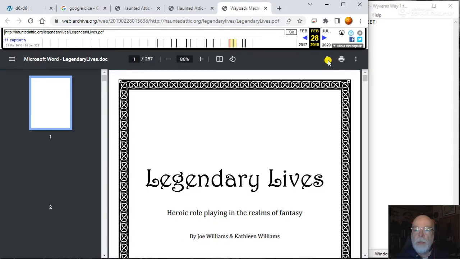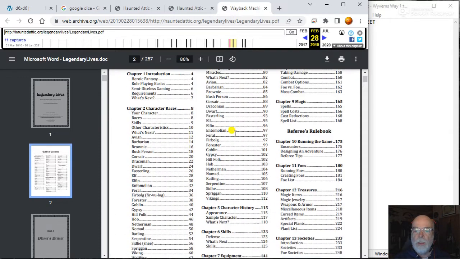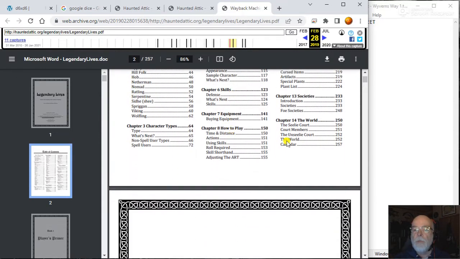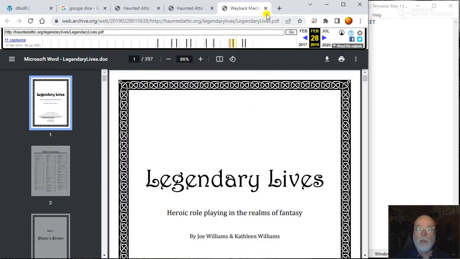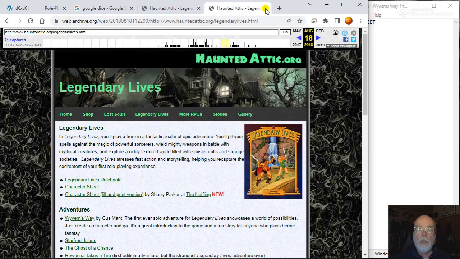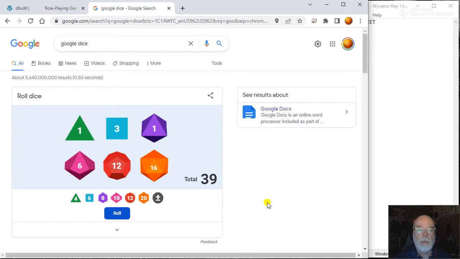You can load it and download it. The one thing I'm going to point out about it is that it doesn't have the pretty cover. This is just the interior. And you can see it's a 257-page book. So let's close this down, close that down, close this down, and this is what I use for dice